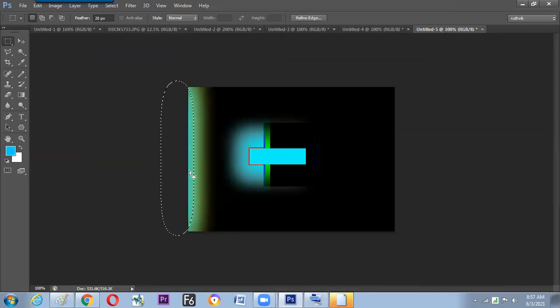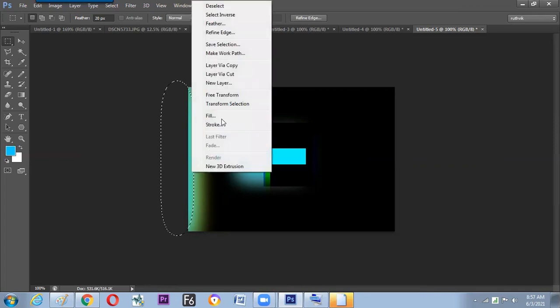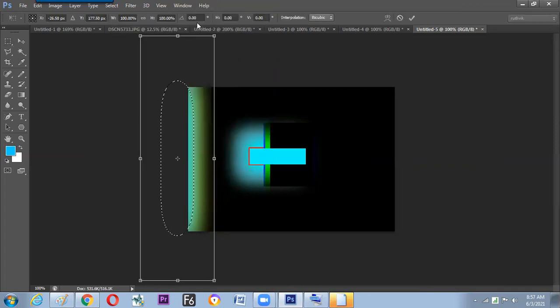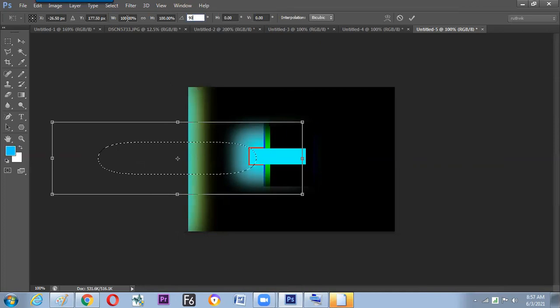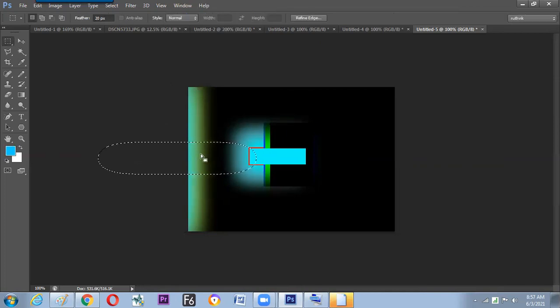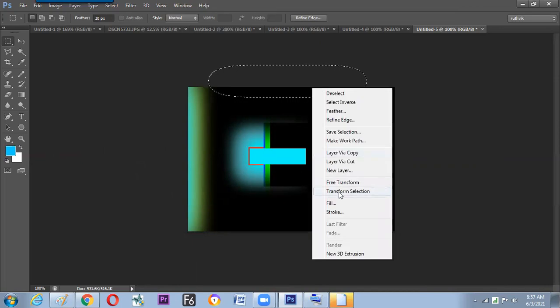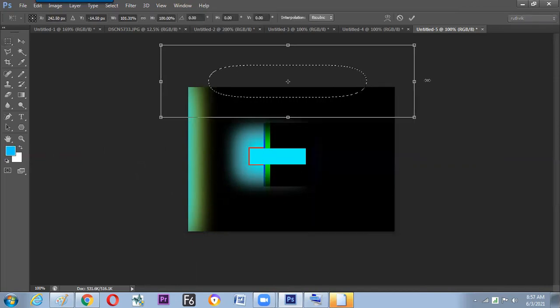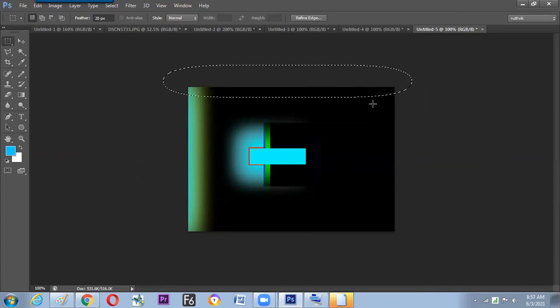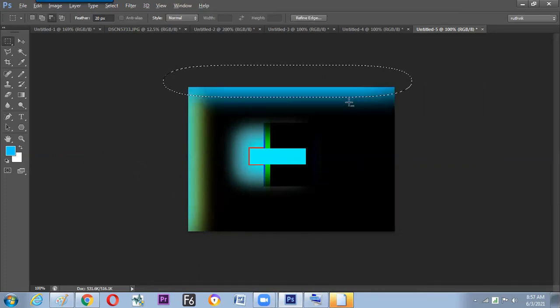And the same job, give a right click to the selection, transform selection and rotate it 90 degrees. Press enter, start moving this on screen. Give a right click, transform selection and hold Alt and drag it up and get the color to fill up. So you can see now how to generate lighting kind of things in Photoshop with the present knowledge,